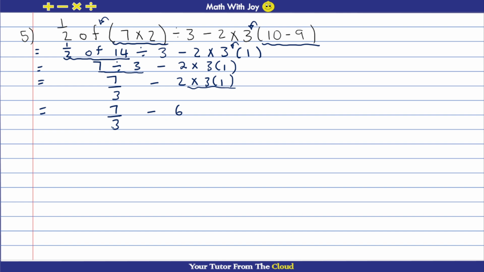So I get 6. Now, how do we deal with fractions? We make sure that the denominators are the same. You should know this by now. So this we can change as over 1 because it's a whole number. If you have a whole number, that means the denominator is 1. And how do we change that 1 to a 3? Because we're looking for the LCD, the lowest common denominator. We times here by 3. What you do at the bottom, you do at the top. So we're now going to have 7 over 3 minus 18 over 3,